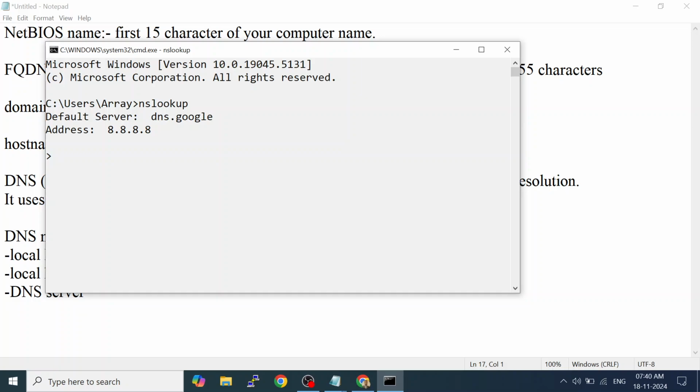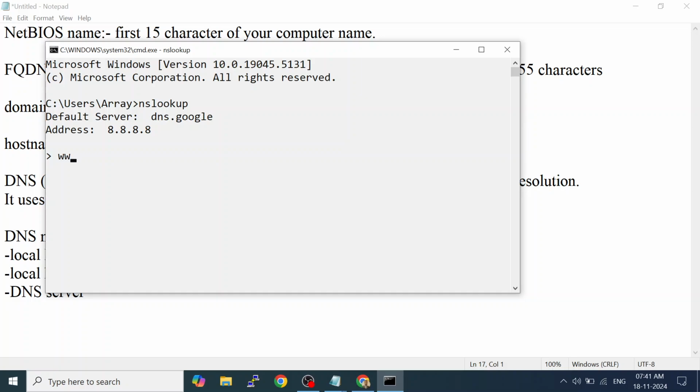It is showing who the default server for me is now: Google DNS. If it shows anything else, you have to understand that your computer is always trying to send queries to that server. Sometimes you have configured a different IP on your interface as the DNS server, but if that is not showing here, it means there is a problem, so we need to update the IP once again on the interface.